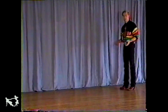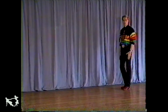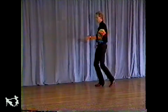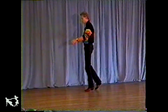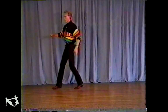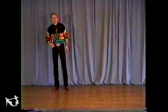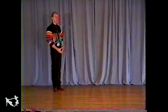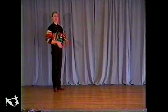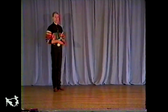Going back, doing the lady's footwork, I'm actually doing exactly the same thing, but I'm going to start on the one with the right foot. And I'm doing heel ball, ball, ball flat, heel ball, ball, ball flat. That footwork you can apply throughout all the steps that you do when you're going forward, and it'll create the wave effect. When you're going backwards, if you're just walking straight backwards,